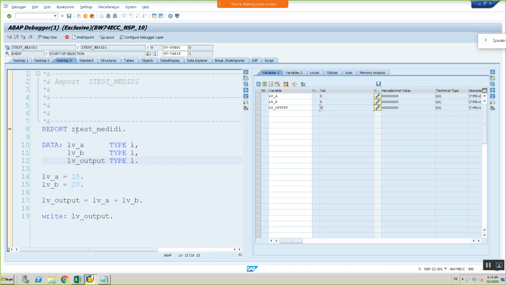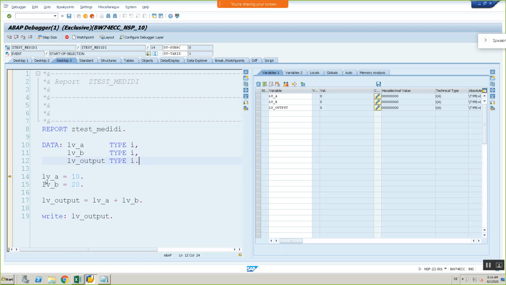Now I am pressing F5. See how the cursor jumps from which line to which line. Currently it was at line number 8. When I press F5, it went to line number 14. Why didn't it go to line number 10? In 10, 11, 12 I also have code written, but it doesn't stop at 10, 11, 12 and directly jumped to 14. What is the reason? Because 10, 11, 12 are not executable statements. These are declaration statements, so there is nothing to do here.